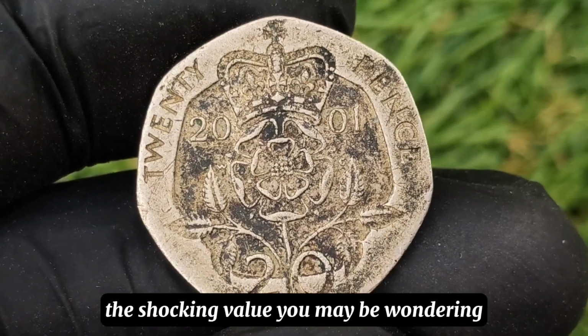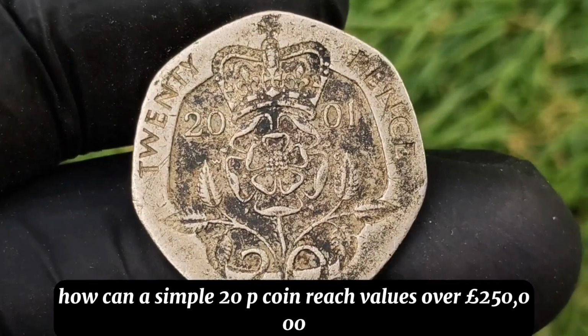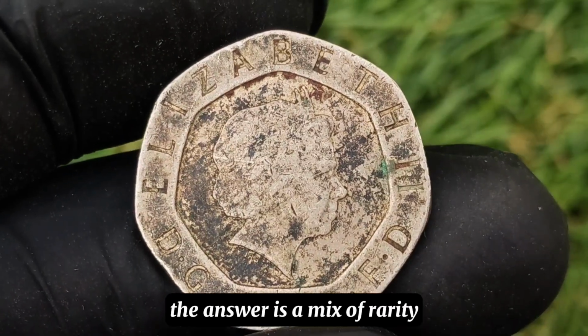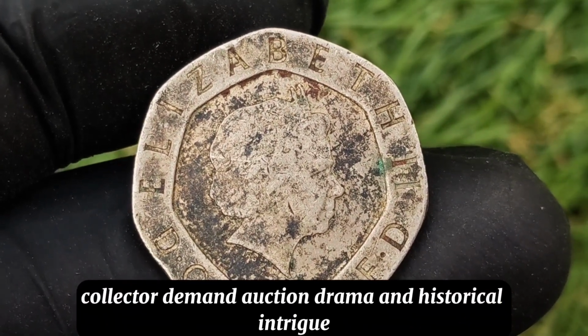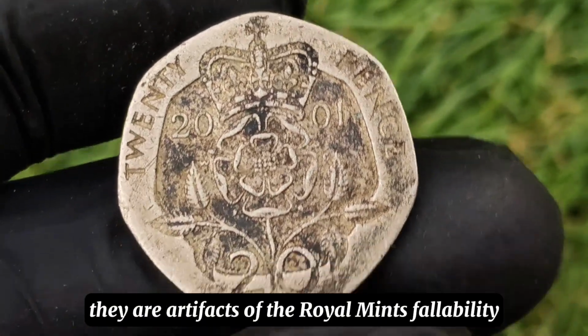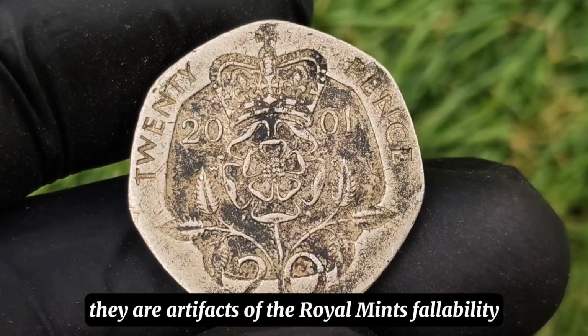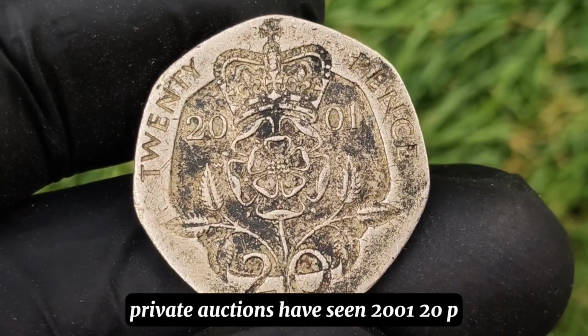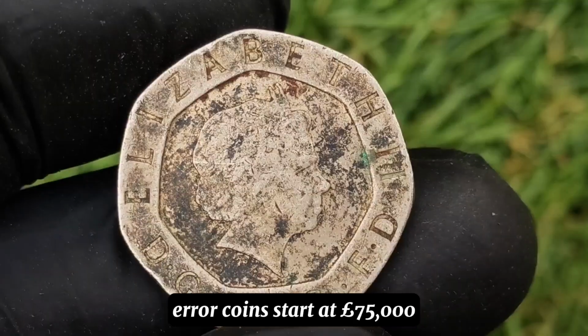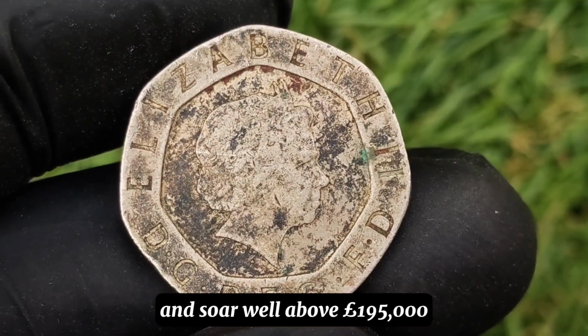The shocking value. You may be wondering, how can a simple 20p coin reach values over £250,000? The answer is a mix of rarity, collector demand, auction drama, and historical intrigue. Error coins are not just collectibles, they are artifacts of the Royal Mint's fallibility, and that makes them priceless to the right buyer. Private auctions have seen 2001 20p error coins start at £75,000 and soar well above £195,000 in